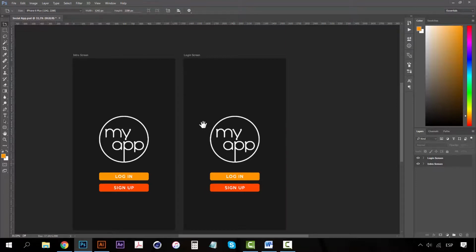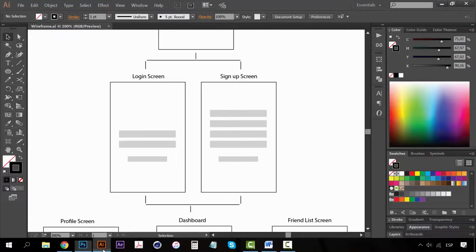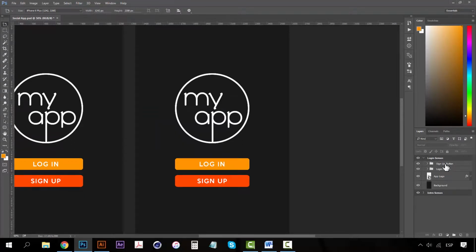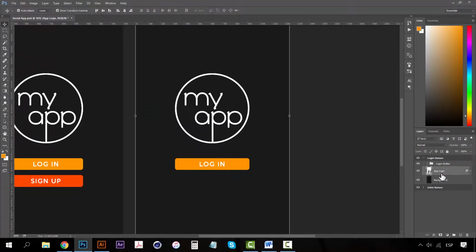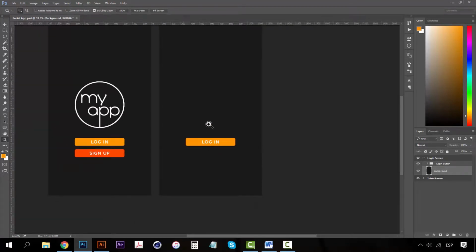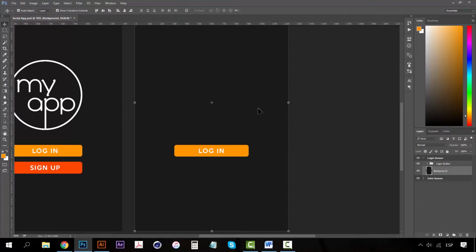Perfect. And now, as you can see, our login screen is really simple. Let's keep our login button and remove the sign up buttons and the app logo. Now we have our login button, and we're going to be creating some new rectangles that are going to act as the text fields to input our names and our password. So select our rectangle tool, in this case a rectangle, not a rounded rectangle, but a rectangle tool, and